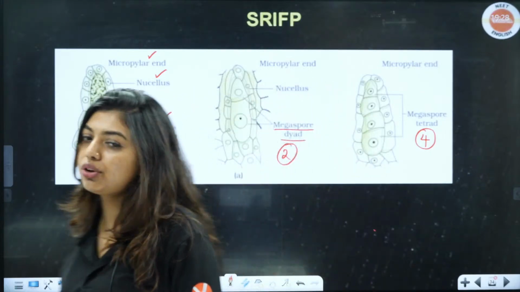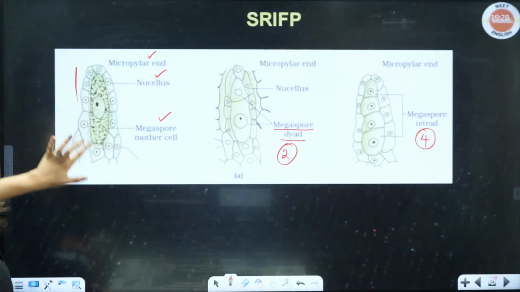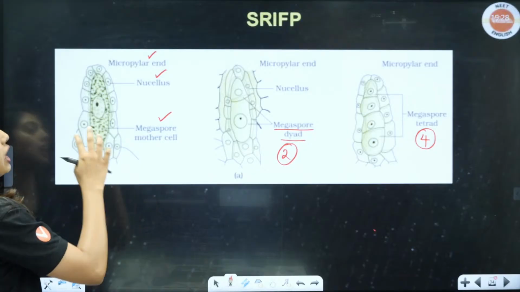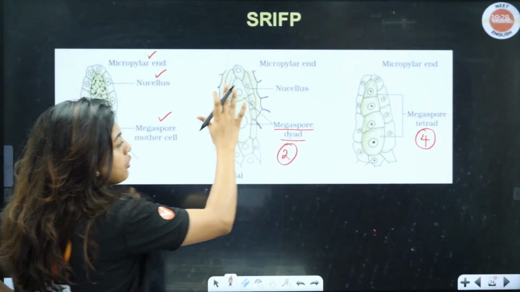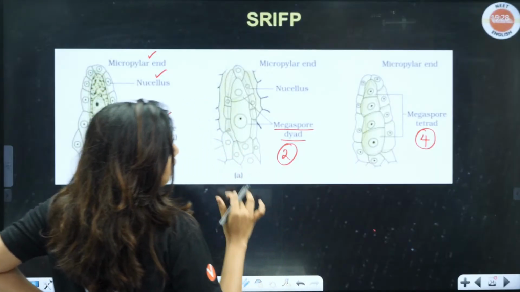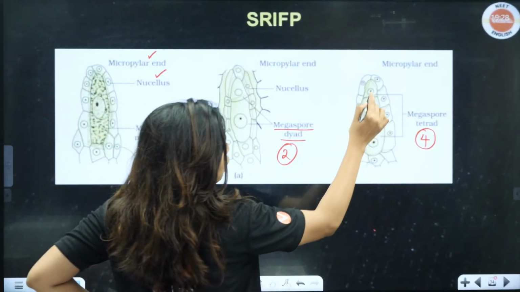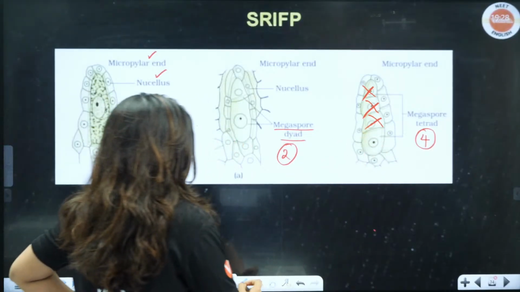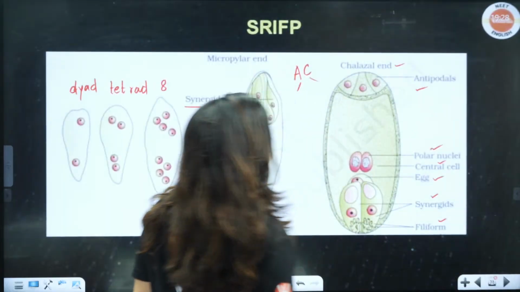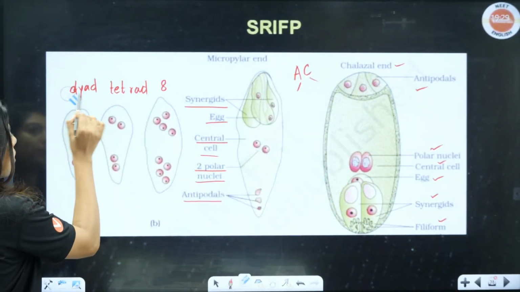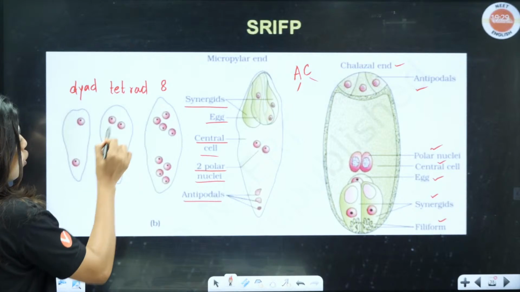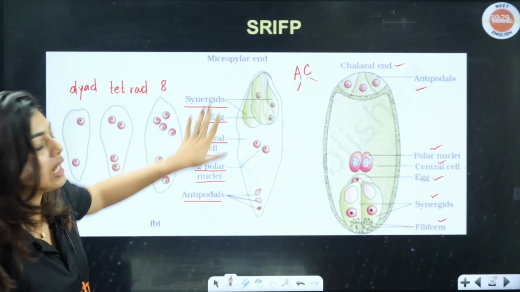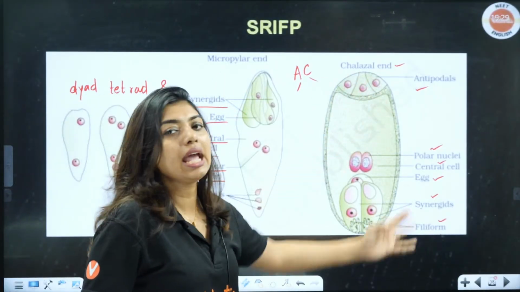I will explain with this diagram. All of you have your NCERT in front of you. So look here, you can see the megaspore mother cell. They will undergo division to form the megaspore dyad. From the megaspore dyad, they will form the megaspore tetrad. But I have already explained, in the megaspore tetrad, 3 of them will become non-functional or degenerate, and only 1 will become functional. So that 1 will go from the dyad stage, 2 to 4, 4 to 8 stage. That 8-celled stage is going to align itself and form the embryo sac.